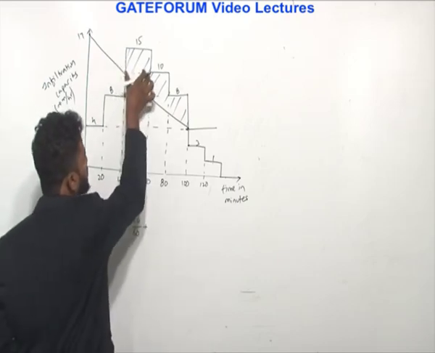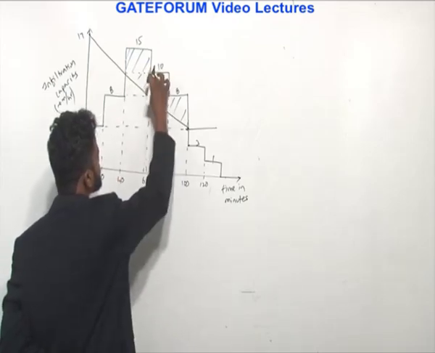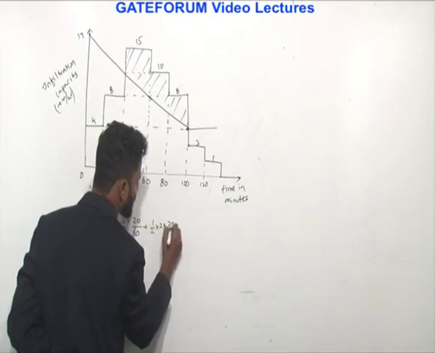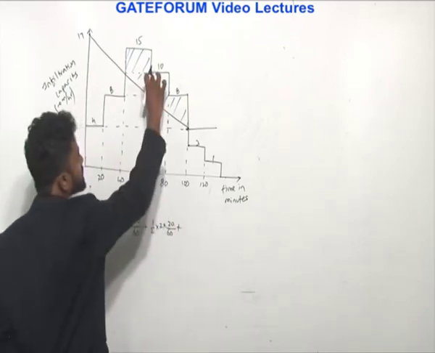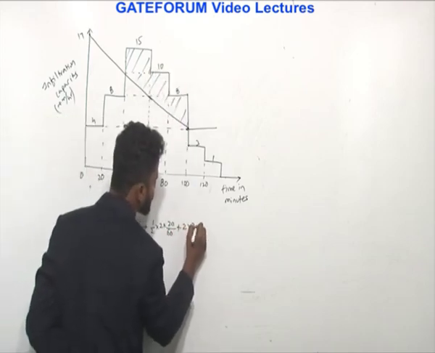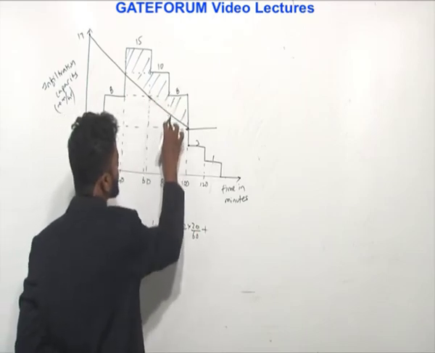So this is 5 multiplied with 20. For the area of this triangle, it is half multiplied with 2 into 20 by 60, plus this rectangle area, also 2 into 20 by 60, plus this rectangle,